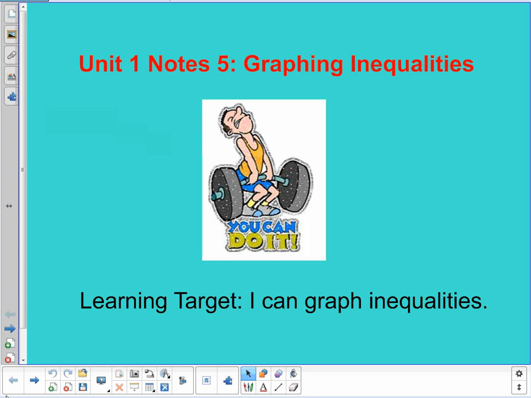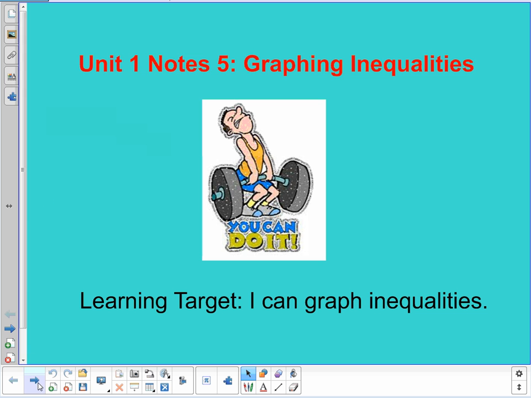Today we are talking about graphing inequalities. So that is our learning target today. I can graph inequalities. The last notes that we did, Notes 4, was all about graphing equations that were given to us in slope-intercept form, point-slope form, or standard form. And today we're going to look at how we, instead of graph those equations, turn those things into inequalities and